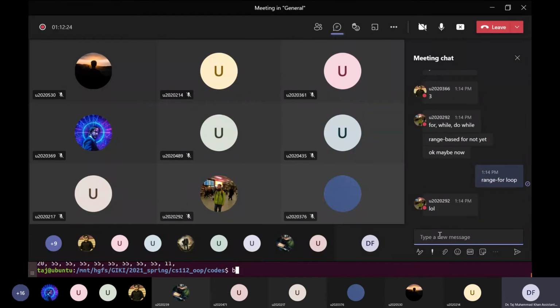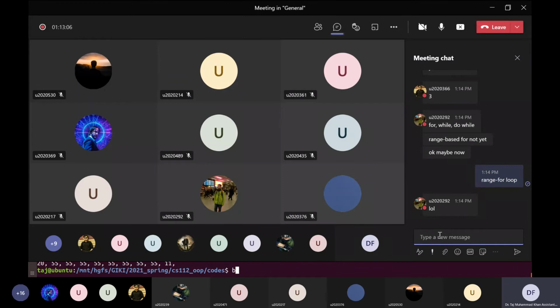So these range for loops work with data types that support this concept of ranges. The concept of ranges we have not studied yet, but you can just remember that these standard library containers support the concept of ranges. And if a container or a user data type supports this concept of ranges, then you can use range for loops with these data types. So containers support ranges, so you can use range for loops with these containers.